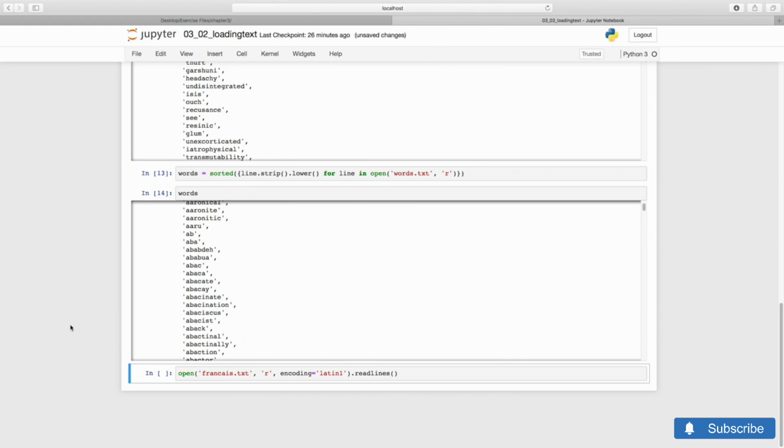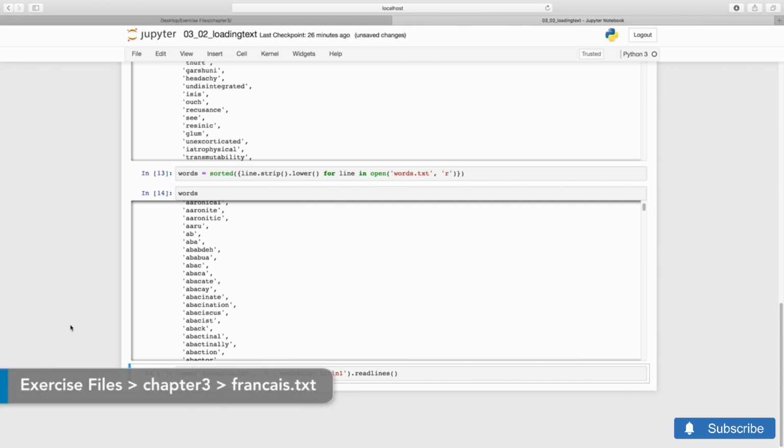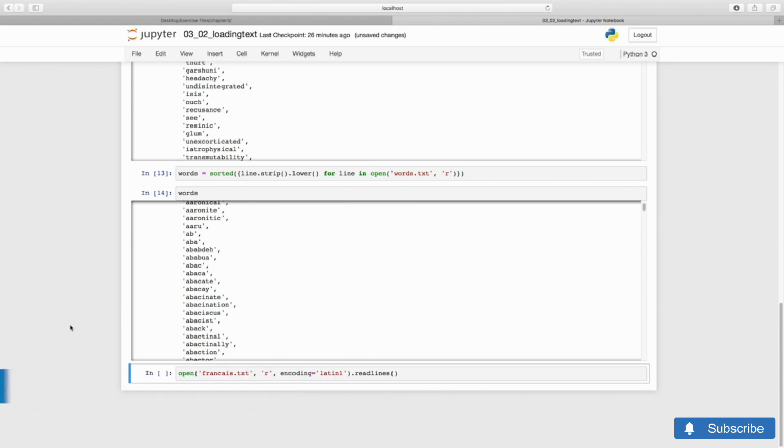The only care that we need to take is to tell Python which encoding to use for the files we read and write. There are multiple mappings between character sets and bytes, so we need to know which one was used. Your exercise files include a French dictionary, written using the ISO 8859 encoding, also known as Latin 1.